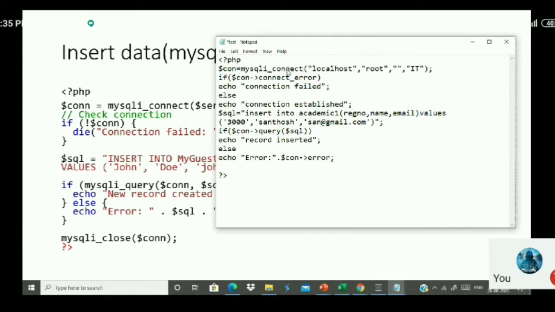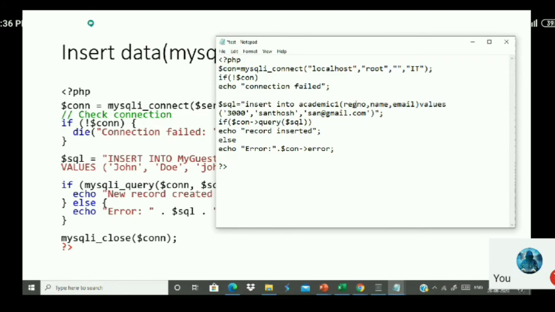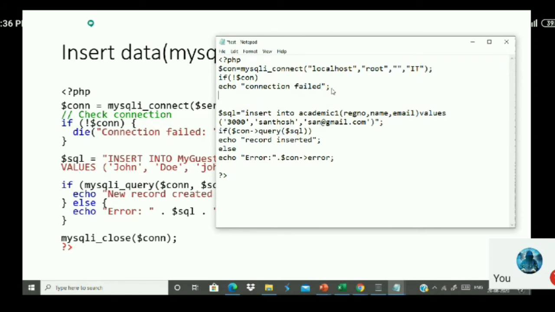So this is the instruction which is used to establish the connection with the database server. The rest of the 4 parameters are the same. I want to connect with the database called IT. I have given it here. Now I want to verify whether the connection has been established or not. So this actually falls to the category of object-oriented procedure. But I want to connect with procedural oriented. So if I make it like this, not connection, that means connection is not established, I just make it as connection failed. Okay, if it returns false, connection failed here.